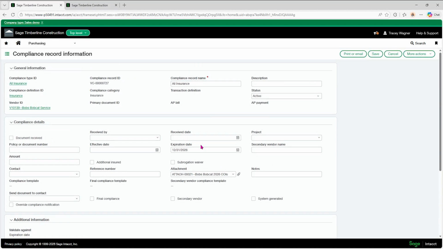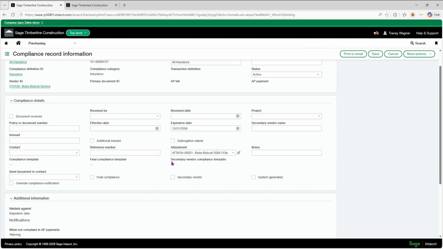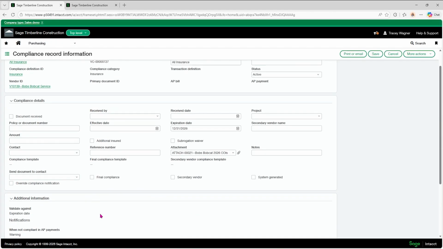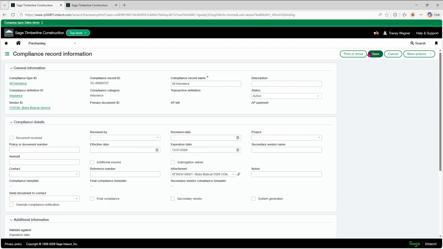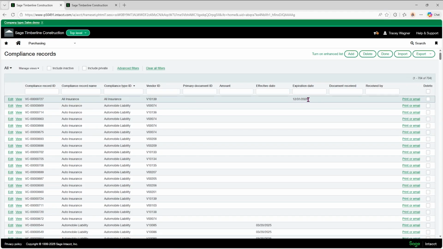Okay, so after you fill out whatever it is that your workflow is for filling out information, now I will mention you can have more custom fields. Maybe you want to track what their limit is for each one of these as well. You can have work comp limit, general liability limit. Any of these things that you need to track by type of insurance, you can definitely create custom fields for. So there's a lot of options for you here. But this basically is just going to keep your system a little bit cleaner. You just have this one record. Everybody, all the insurance expires on 12/31. That's how you would track it all on one record.